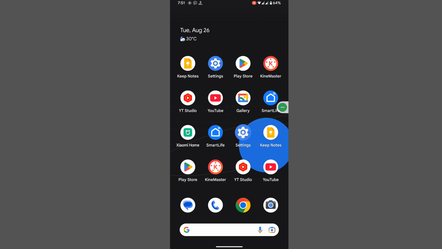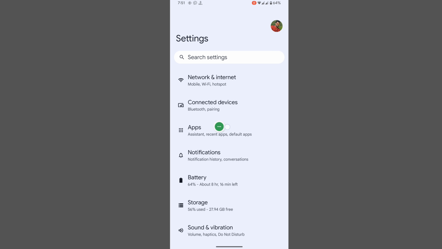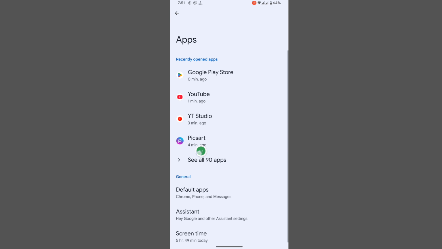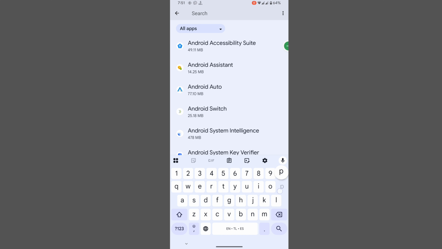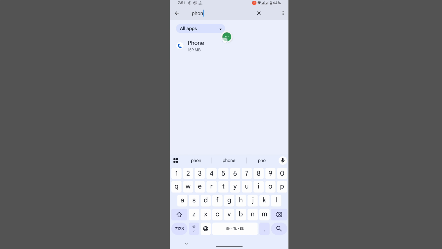then go to Settings, then go to Apps, then go to See All Apps. Now search for Phone app, tap on Phone,